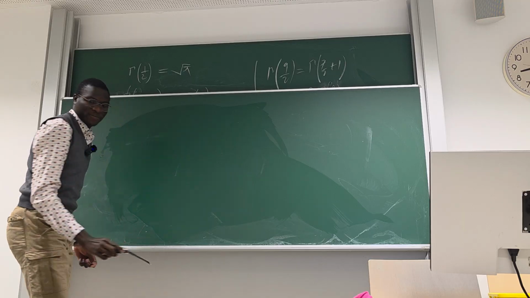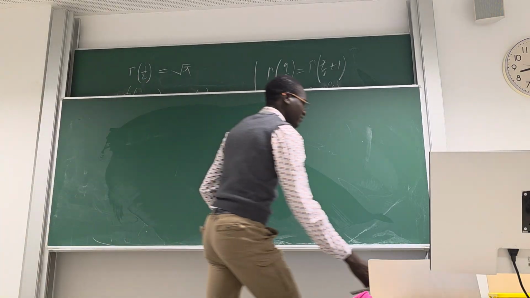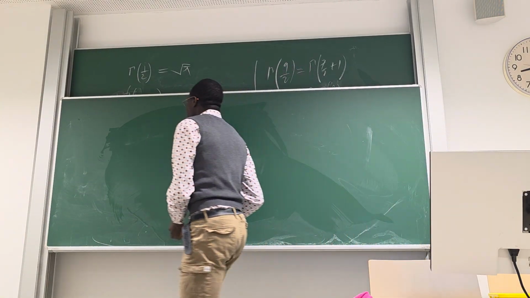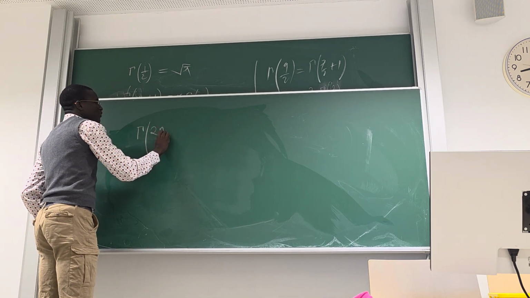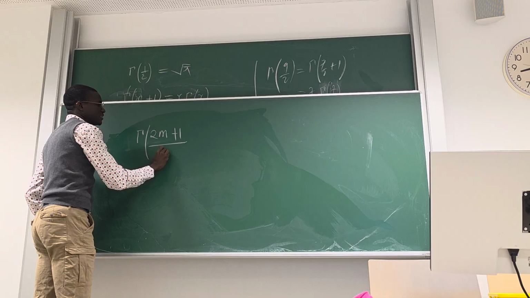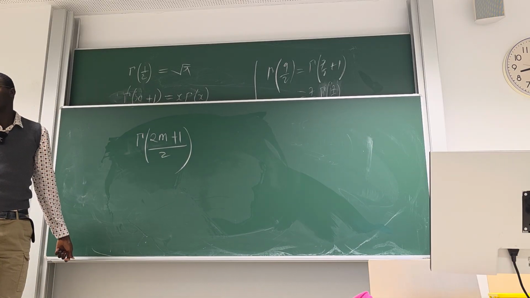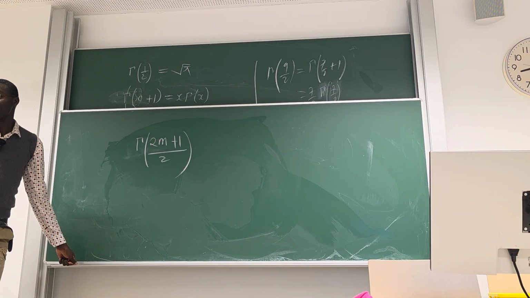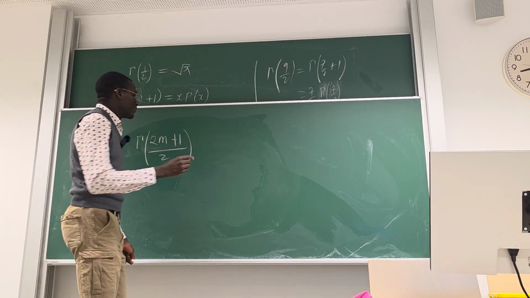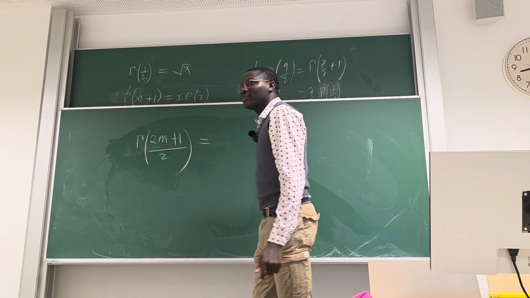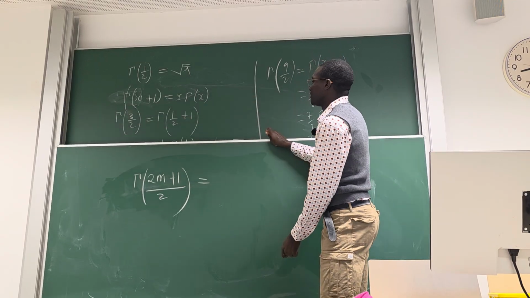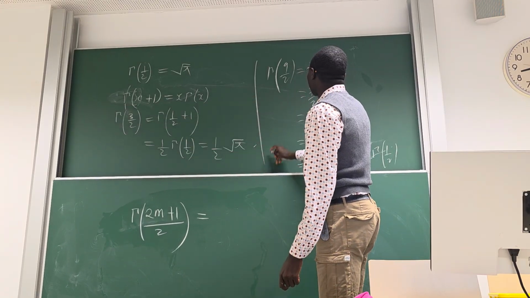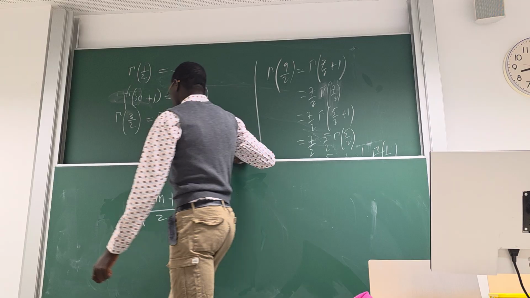Okay. So he was saying something really nice. He says we can evaluate gamma values of this form, right? And that's true, isn't it? So what do we have for stuff like this? Okay, you don't need to guess anything. You don't need to know anything. So for this one,